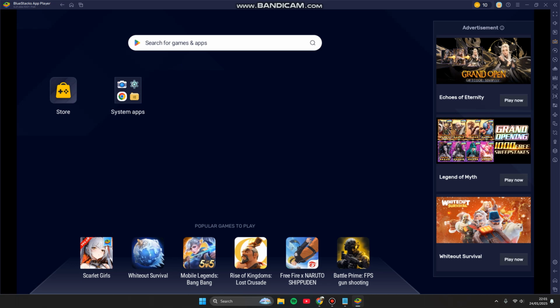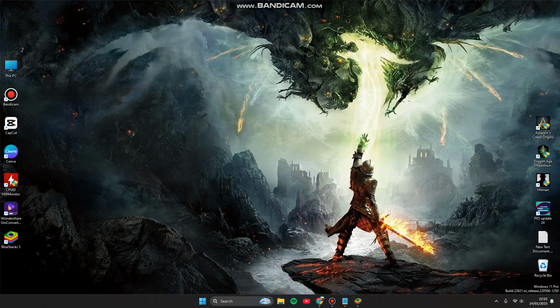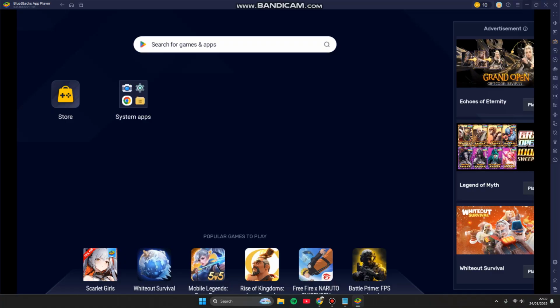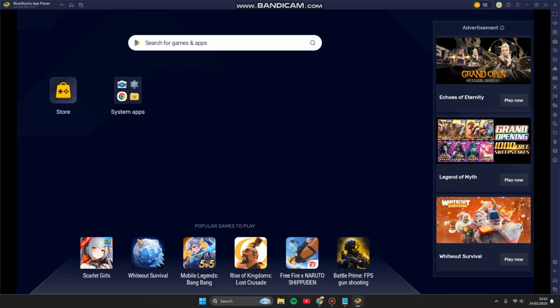Today I'm going to show you how you can create desktop shortcuts of the apps that you just installed from BlueStacks. So in order to do that, you can try to open BlueStacks. If you don't have BlueStacks, you can get BlueStacks 5 to install into your system. You can go to the official website. You can download it for free, install it into your system, and now after you install and log in, sign in